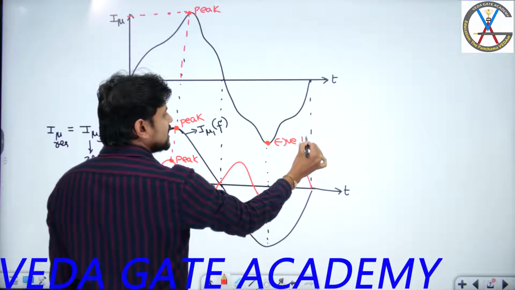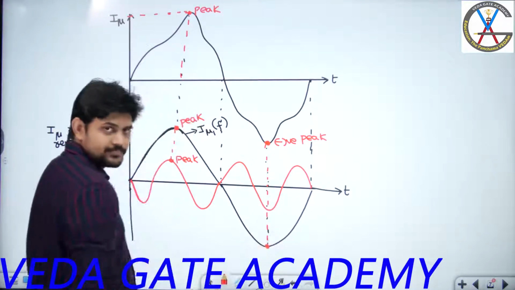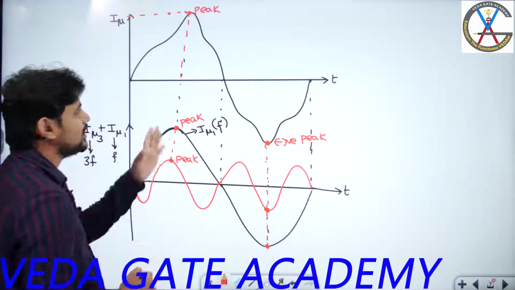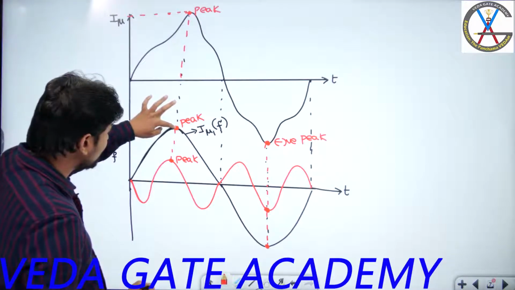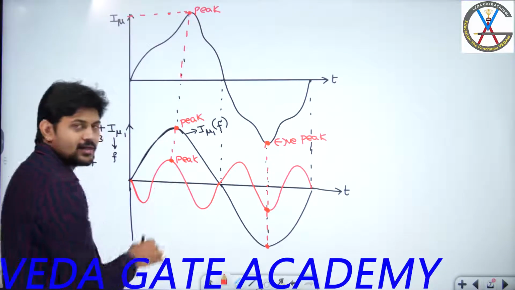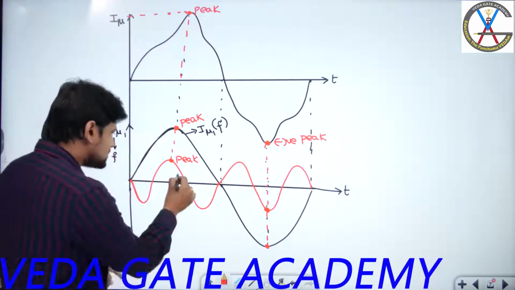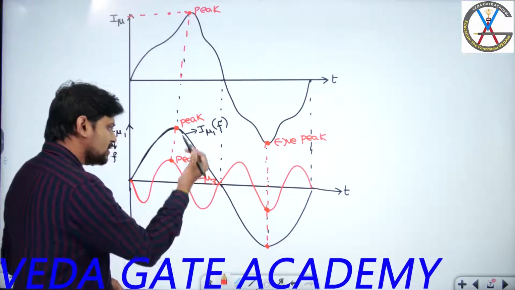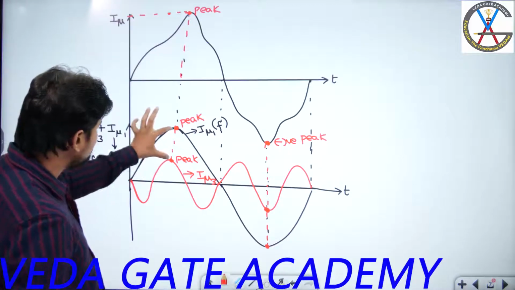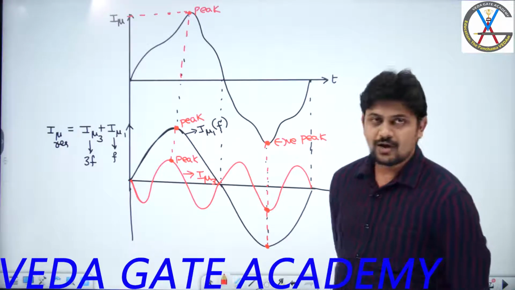And in order to get a negative peak of this magnetizing current, the fundamental has a negative maximum, and the third harmonic also has a negative maximum. Whereas if I draw the other way, the positive peak of the fundamental will not match the positive peak of the third harmonic. That is the reason I have drawn in this fashion. Only then can I say this is the correct shape. This is my third harmonic current. It is also a pure sinusoidal but with a different frequency, right? So if I add these two, you get the resultant shape of I mu as a peaky waveform. Have you understood this point?